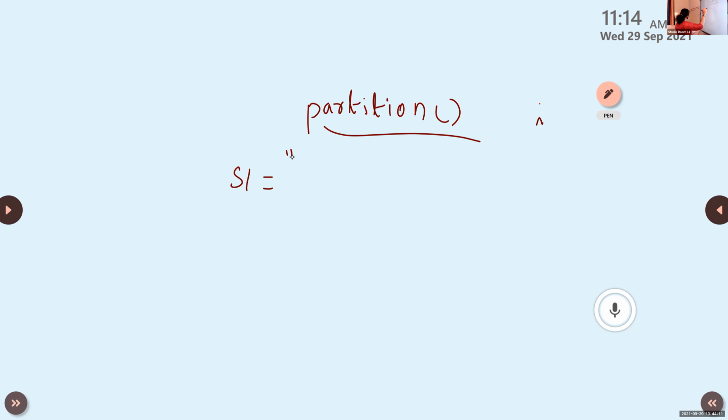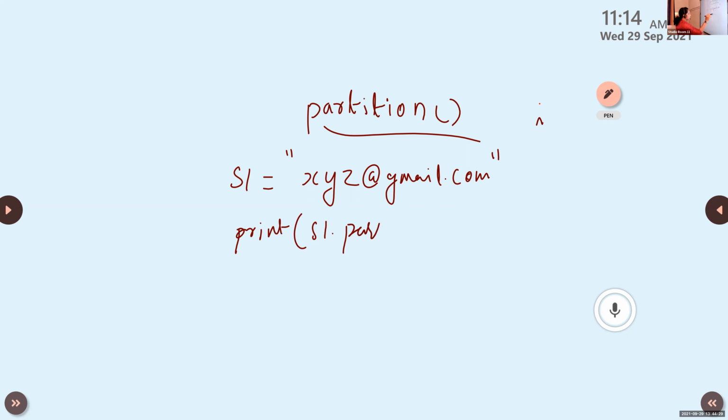s1 is equal to xyz@gmail.com. Okay. Then print s1.partition within brackets, single quotes, space.